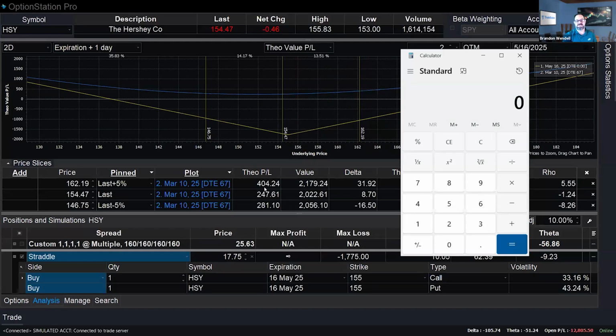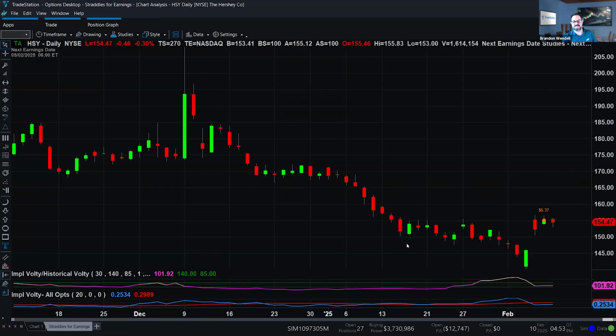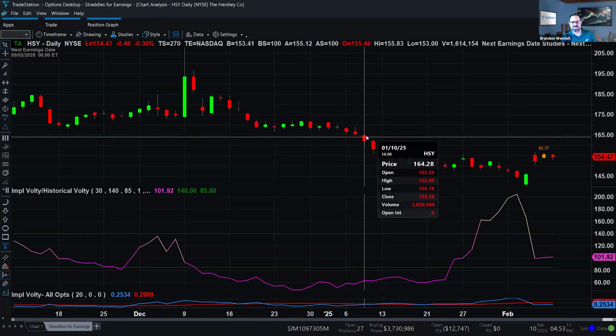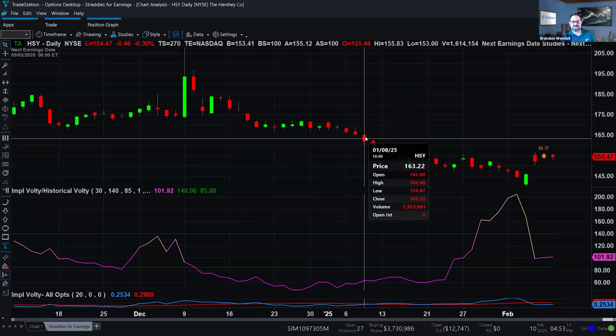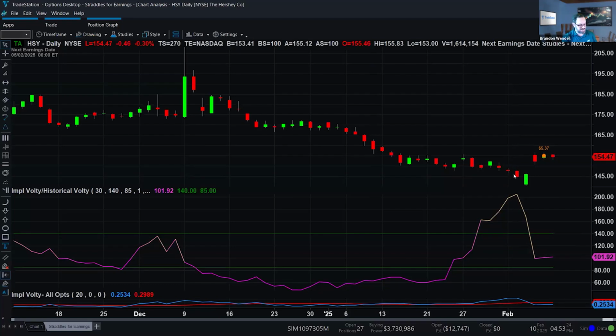If we gain that $250, I could take the profits right away, or I could just wait until, again, I expect at least a 10% gain. Maybe we get lucky and it gets a bigger gain. And it has happened, obviously, because the average was 10%. So taking a look at the volatility jump, what happened on the last one again? From the day of entry on the 10th, we were at 163. When volatility was spiking, we were at 145. So we moved $18, in this case to the downside, not up. And I should be looking at this one for implied volatility.